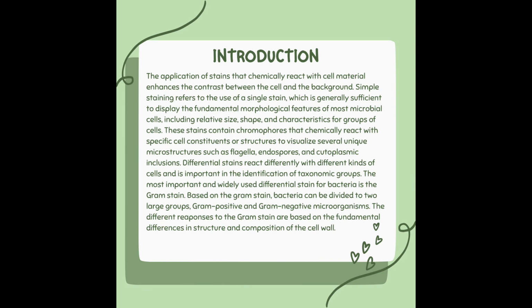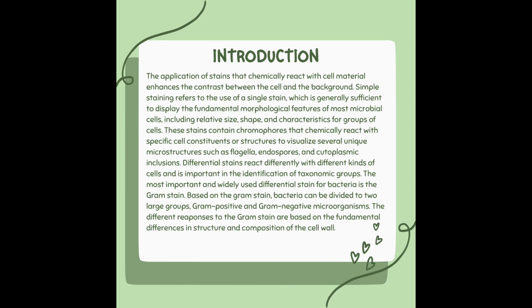Differential stains react differently with different kinds of cells and are important in the identification of taxonomic groups. The most important and widely used differential stain for bacteria is the gram stain. Based on the gram stain, bacteria can be divided into two large groups, gram-positive and gram-negative microorganisms. The different responses to the gram stain are based on the fundamental differences in structure and composition of the cell